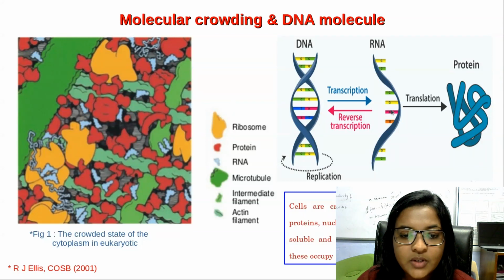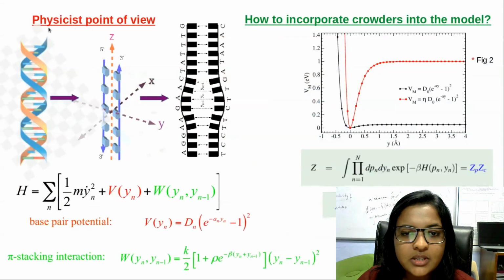This is a picture of the central dogma of molecular biology, which generates the protein, and these proteins play a crucial role in the human body. From a physicist's point of view, we understand this problem in such a manner: we know that DNA has a double helical structure. To study this melting problem, we have taken two assumptions. The first one is DNA as a long straight ladder with nucleotides placed at each intersection, and the mass of each atom is small m in this one-dimensional lattice structure. The other is that the displacement of the atom from the mean position is yn.